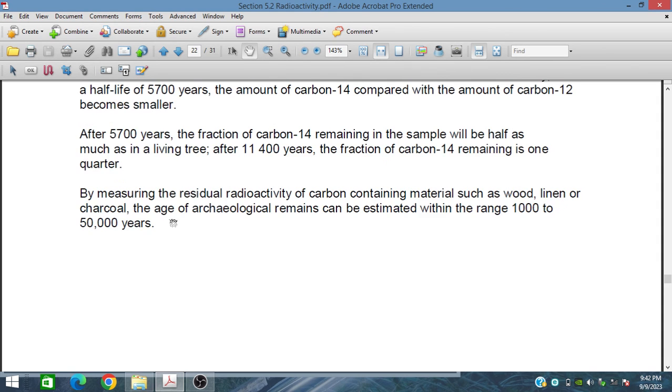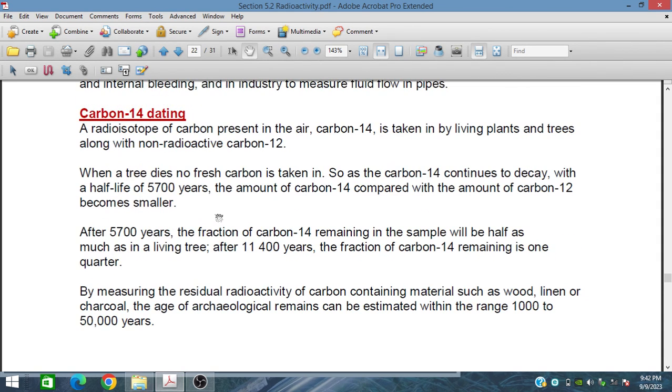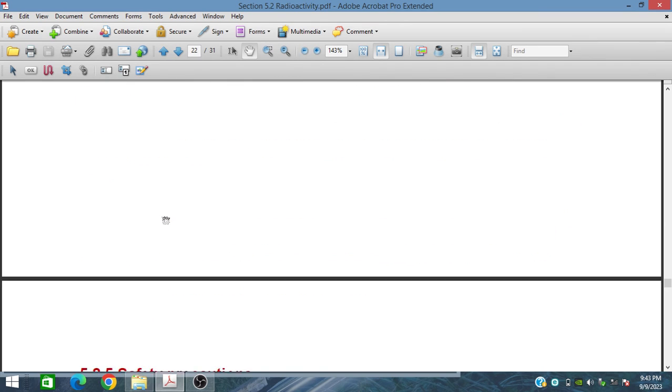So this is carbon dating to estimate the aging of a substance. It is used for archaeology. This is very, very popular to estimate